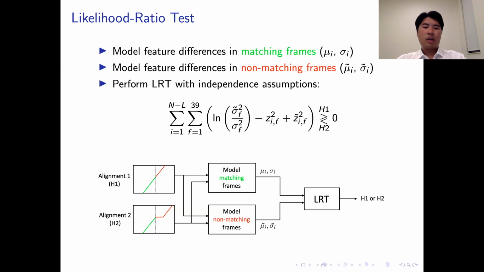To make the solution tractable, we assume that the features are independent across time as well as across feature index, resulting in the following formula for computing the likelihood ratio, where the z represents the z-scores computed under each hypothesis. We note that our assumption of independence across time and feature index is clearly untrue, but it is applied equally to both hypotheses, so we do not expect it to systematically favor one hypothesis over another.